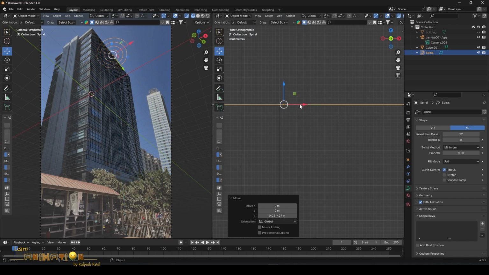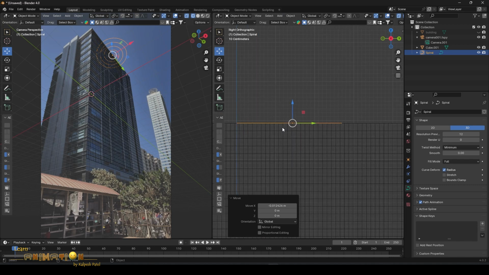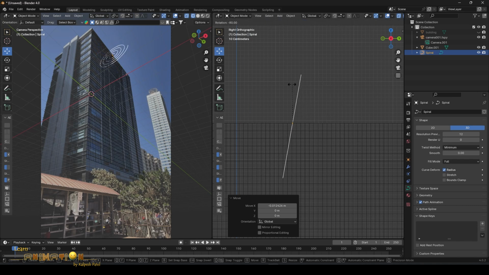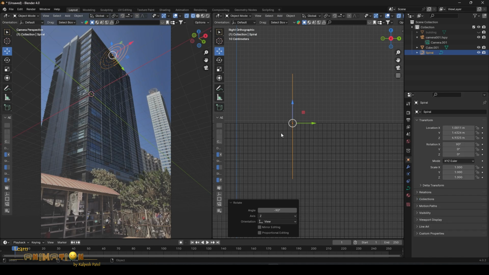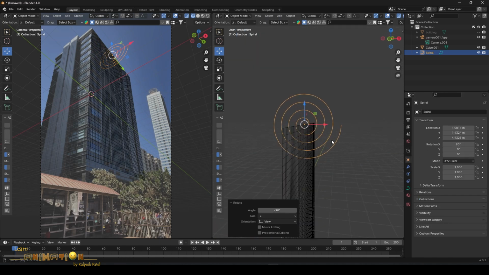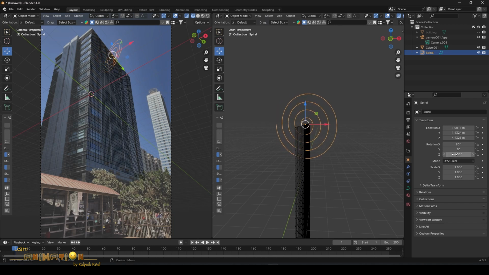We have to make the perfect position in the center of the banner. Check all the views and make sure it is in the center. Now rotate. You can see here, rotate 90° on the x-axis and 180° on the z-axis.